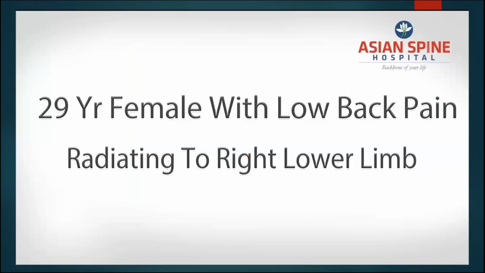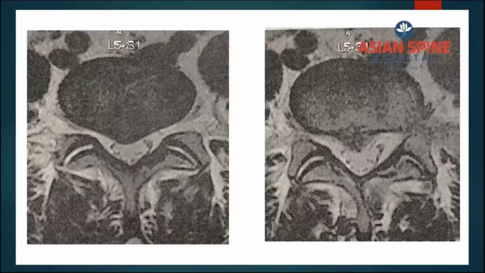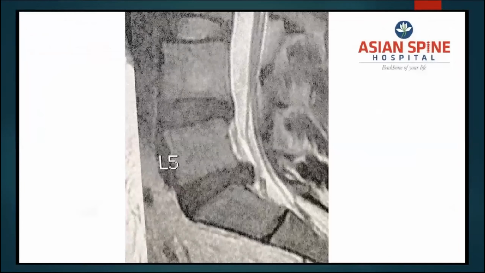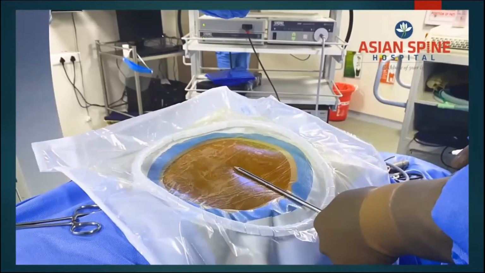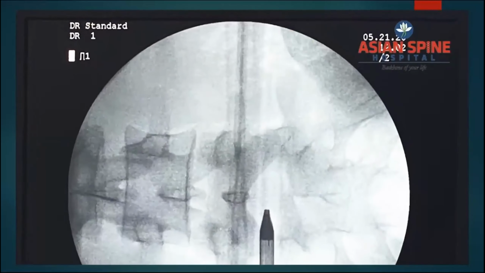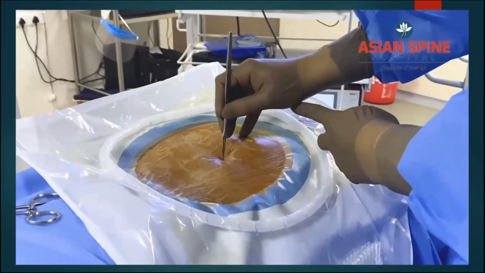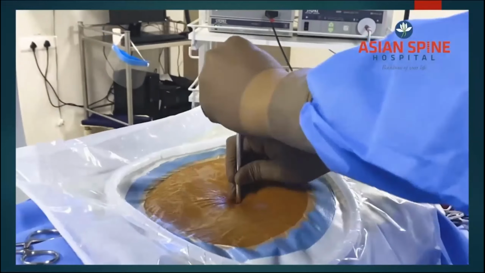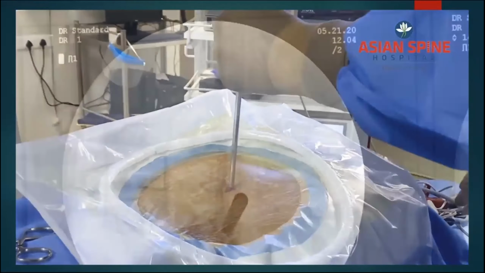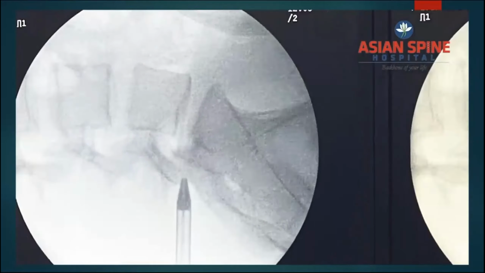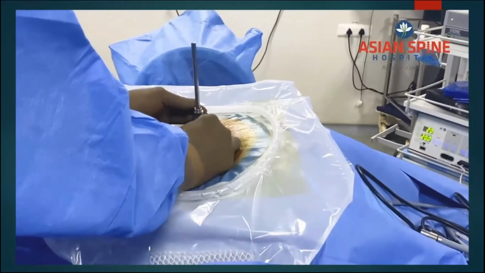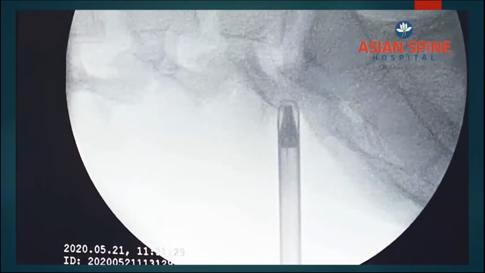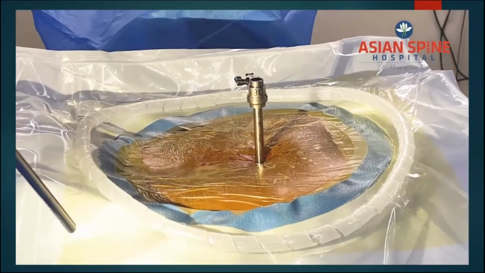We will just go through a video here, of a 29-year-old female with right radiculopathy. You can see here there is a prolapse at L5-S1 with a wide interlaminar window. The patient is positioned and we take an AP image, and this is the AP image required. Put a small stab, 7 to 8 mm stab incision, then pass the dilator and check on AP. This is what the desired result should be, and on lateral you stop at the facet junction. Once you pass the sleeve, a lateral C-arm X-ray is taken.